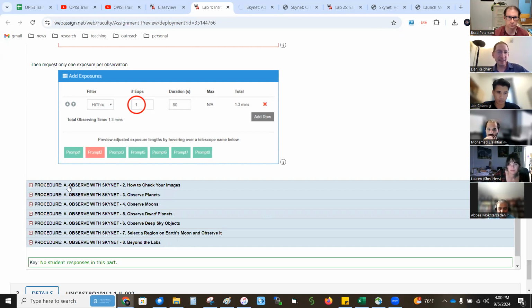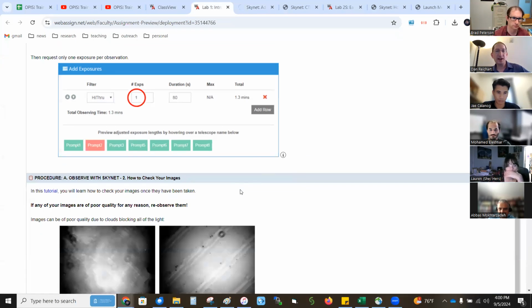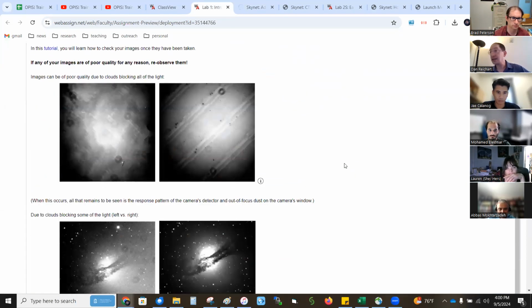Okay, here we go. This one, so it tells them once your images come back, check every day, see what came back. It's probably only going to take a day or two. You don't want to just assume it's going to be good. About 20% of observations will need to be resubmitted. These are common failure modes. Like if you're covered in clouds, all you're really doing is blanket illuminating your detector. And so you can see all the defects. Like at bluer wavelengths, you can actually see the manufacturer scraping pattern of the detector. And these circles that's dust on the camera lens out of focus.